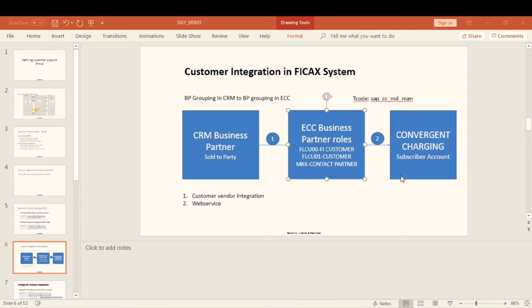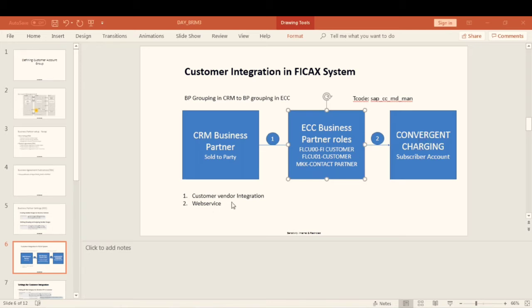And we have the convergent charging system. Here the business partner is called subscriber account. The CRM business partner and ECC business partners are integrated through middleware settings, where we define the customizations in customer vendor integration. From ECC to the convergent charging system, web services are called and the business partner will be sent to the convergent charging system.